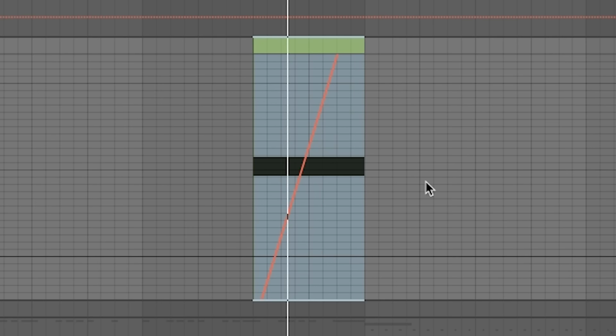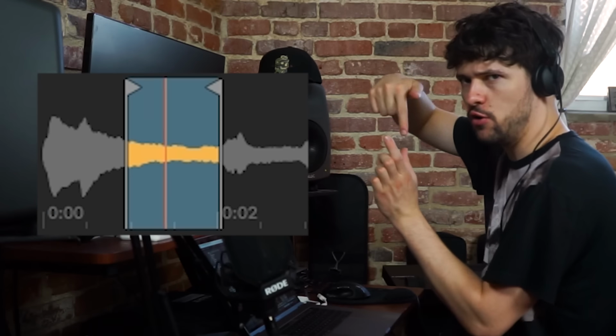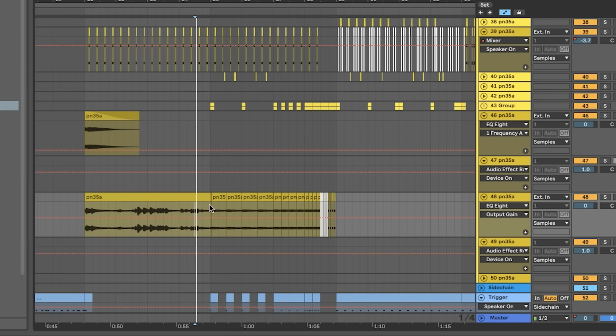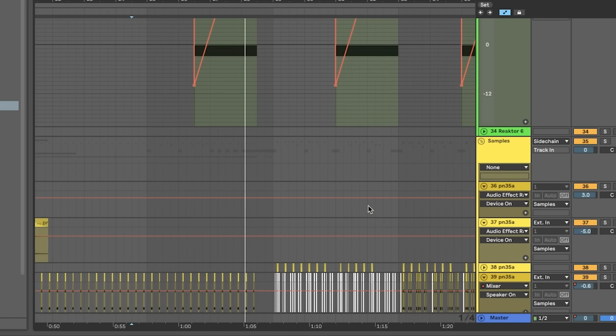I tried to make risers, like little impacts and swooshes from the sample as well. So it's just playing a little excerpt of the original sample. It keeps playing this little loop, but it goes faster and faster if I go higher with the pitch. Then in the middle, we have this little build-up. It's the original sample again, but this time with a frequency shifter on it to make it sound a little more spooky. And then it kind of turns into a riser.